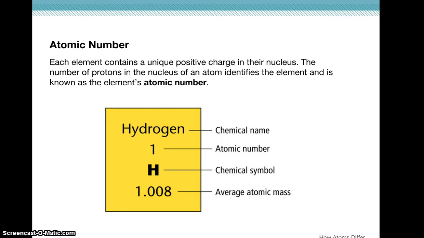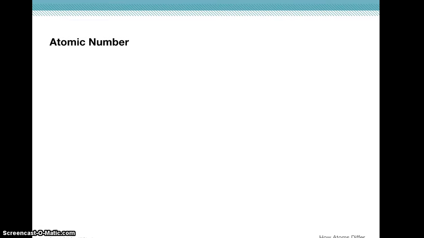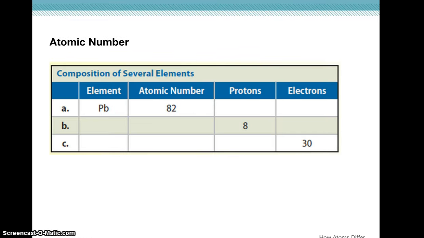So any atom that only has one proton in the nucleus is a hydrogen atom. That's what defines it as hydrogen. Alright, so let's take a look at some examples. You're going to need your periodic table, so if you don't have it out, pause, go get your periodic table and bring it back. So if we look at the element lead, Pb, find it on your periodic table, it's number 82. If its atomic number is 82,